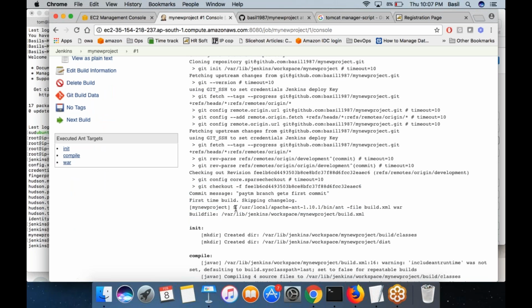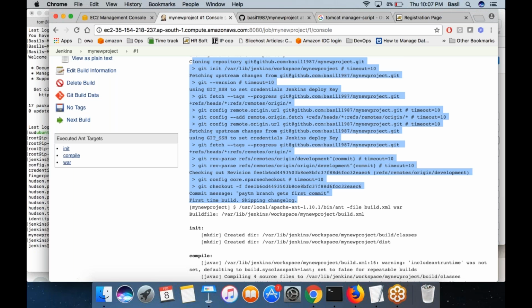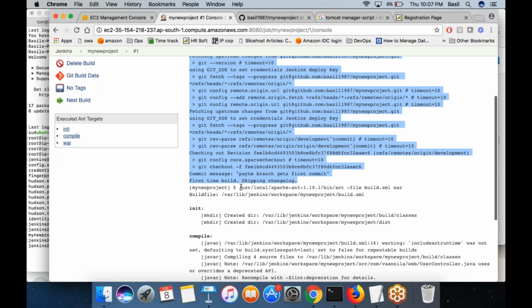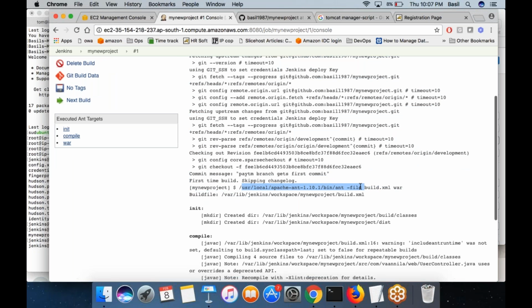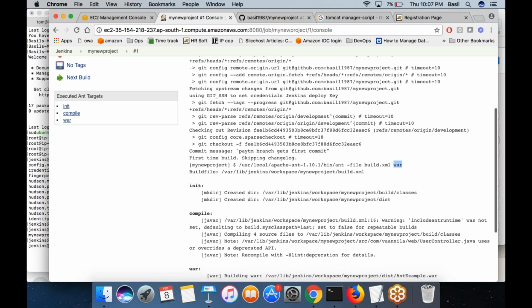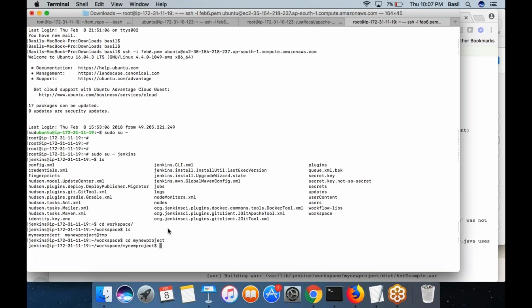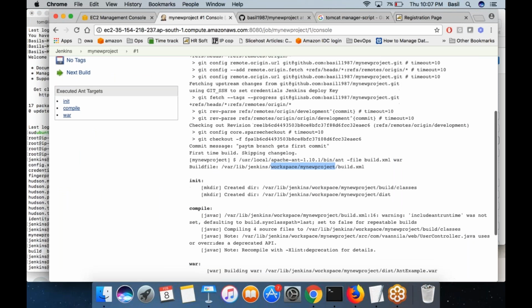Okay. Now this is completed. Checking out code from Git is completed. Now it is running this Ant command to build. It is executing the Ant command. File is build.xml. War is the target that it is executing. And it would take the build file automatically from the same folder, the workspace project folder, where Jenkins had already checked out the code. Then it would run these